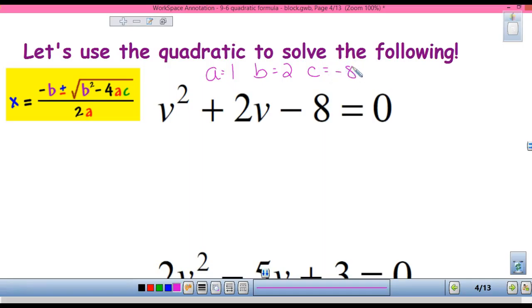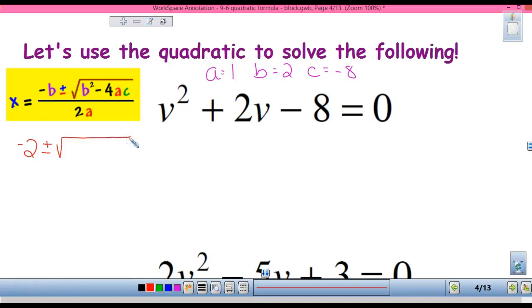An important thing about this is don't take shortcuts right away. Eventually, once you get used to it, you're going to be able to take a couple of shortcuts. Right now, you need to write it all out. So it's the opposite of B, which is... we have -2 plus or minus the